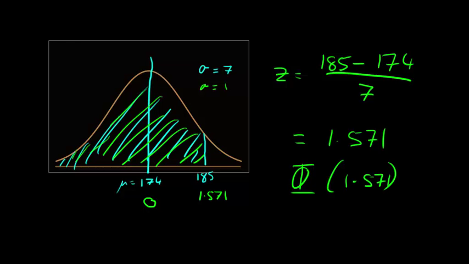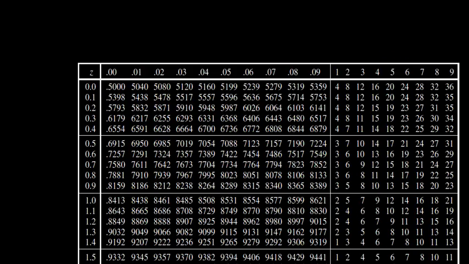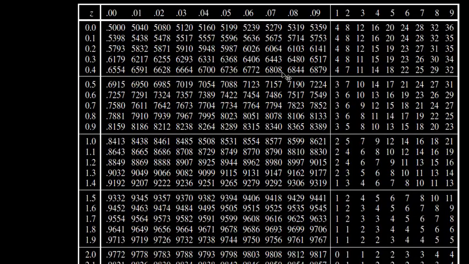So using our tables, we'll scroll down a bit, we want phi of 1.571. So there's 1.5, there's 1.57, and there's 1.571. So I take this value and I'm going to add this number to it, so I should have